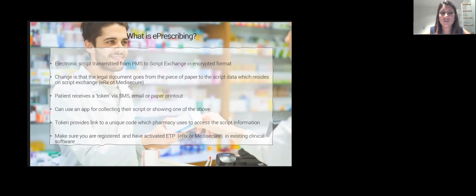So then they can use any of these. They basically just need to show the token to the pharmacist, and the pharmacist can dispense that medication. That token provides a unique code which the pharmacy uses to access all the information about that script. What has happened is that legislation changed in October last year, and